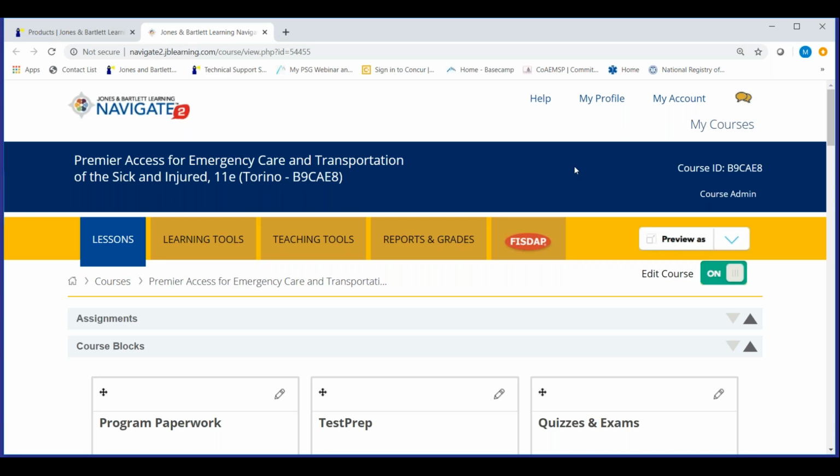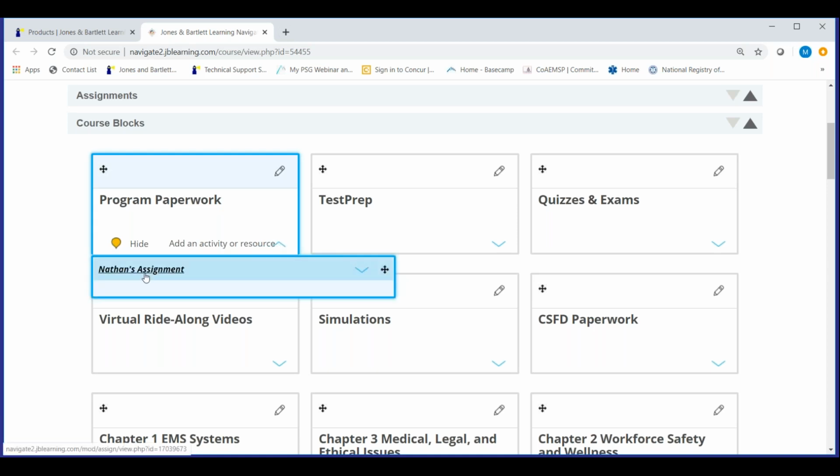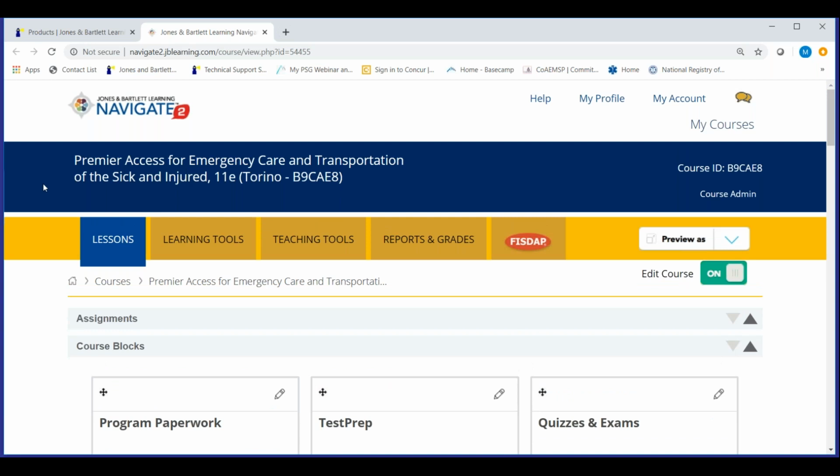So we don't have anything embedded in the program. That's a great question, thank you. We don't have anything embedded in there that is an actual video meeting opportunity, but we can build a placard. So if you wanted to, in this program paperwork placard, we could add a link to Zoom, to WebEx, to whatever platform you want. So the students can just log into their classroom, open this placard up, and then boom, if this said video link, they could click that and they get taken directly to the classroom, to that video.